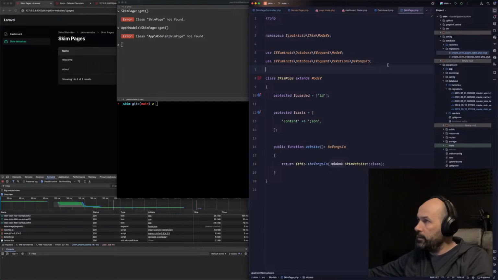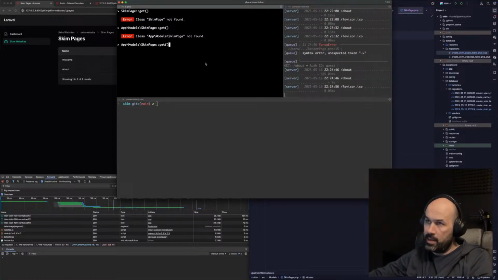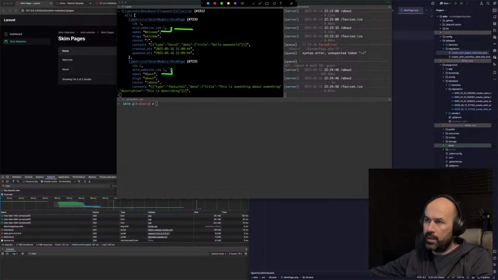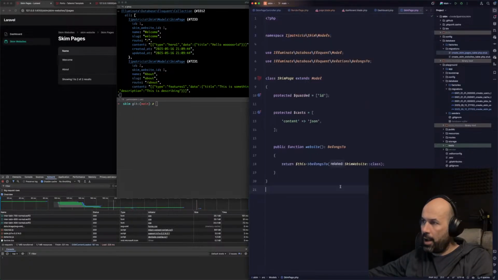The scheme page is on this namespace, and it's impossible not to have a registered website. So scheme website ID from